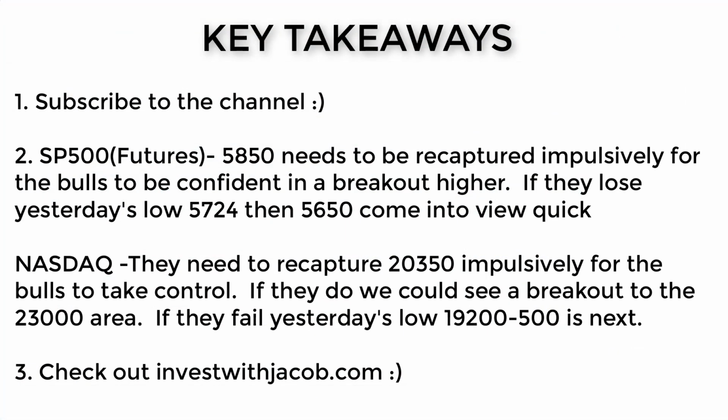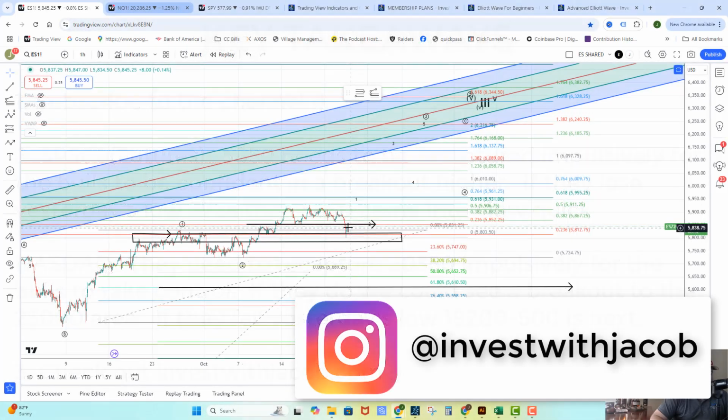Key takeaways for today. We're watching yesterday's low. If they're able to take that out here in the near future, then we would look to the 57.25 area, and I would expect them to push through there, maybe after a small bounce, ultimately towards 5,600. Now, if they are able to take back 58.50 and give us an impulsive structure, we would look for a direct breakout towards 6,010 to 6,058 and an ultimate target of